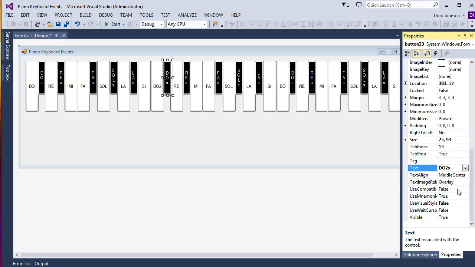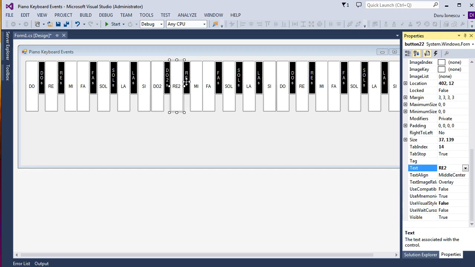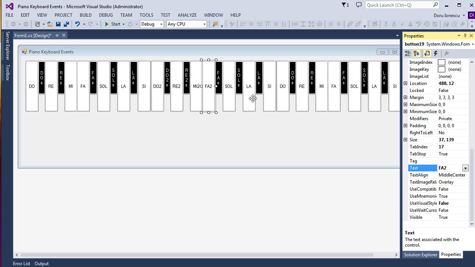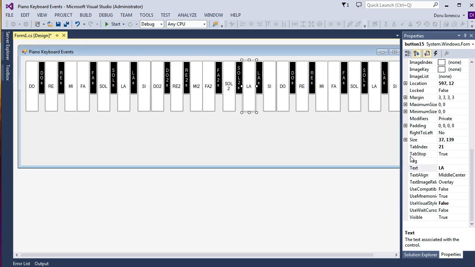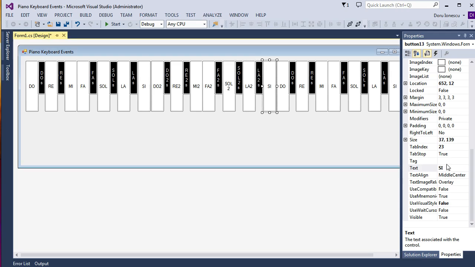Do 2 sharp, Re 2, Re 2 sharp, Mi 2, Fa 2, Fa 2 sharp, Sol 2, Sol 2 sharp, La 2, La 2 sharp, Si 2, and then Do 3,